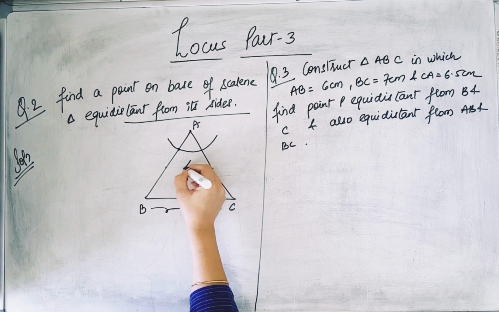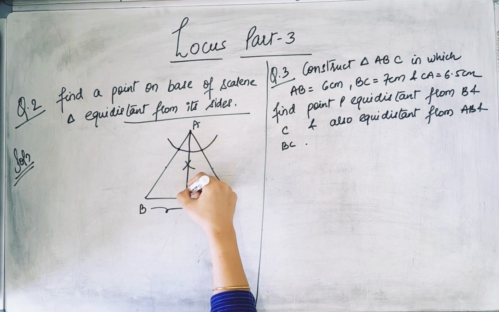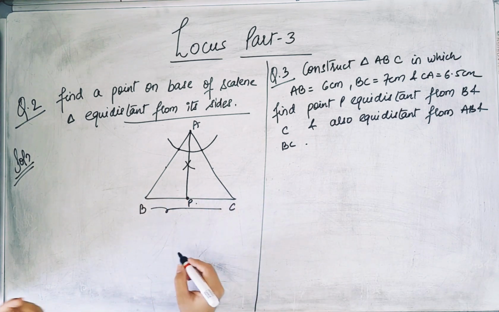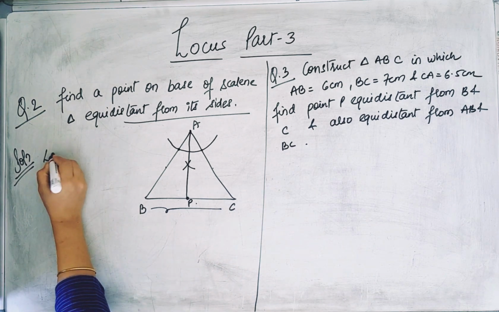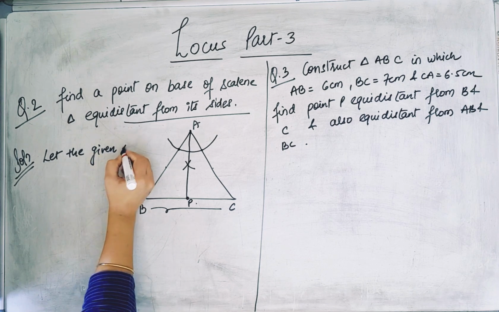From here we'll cut one arc and from here we'll cut another arc and we'll join this. So this P is the required point which is equidistant from its sides. Now what we'll write? Let the given triangle